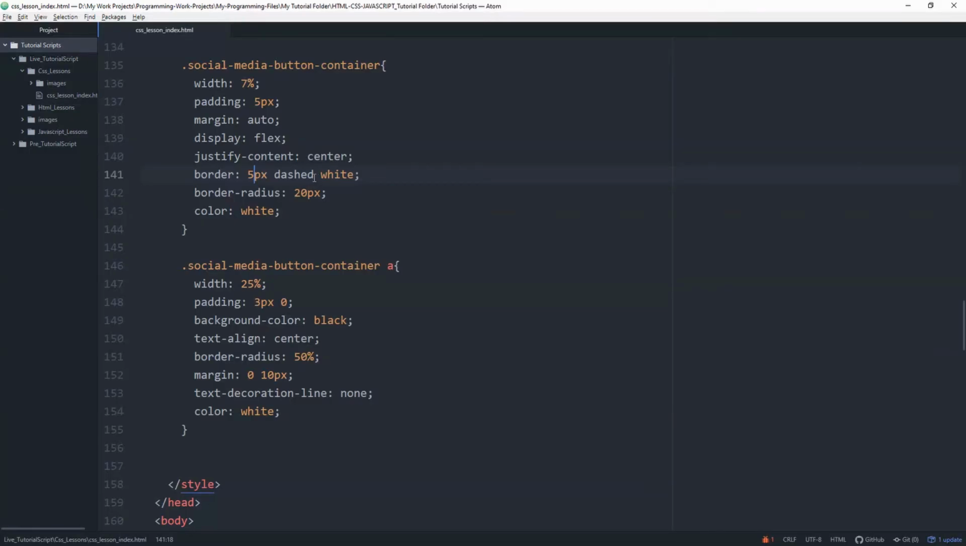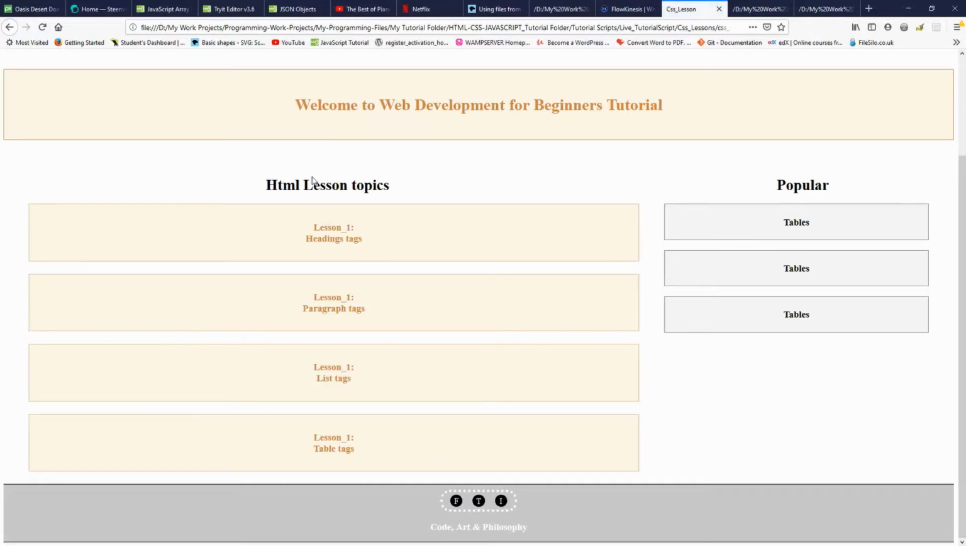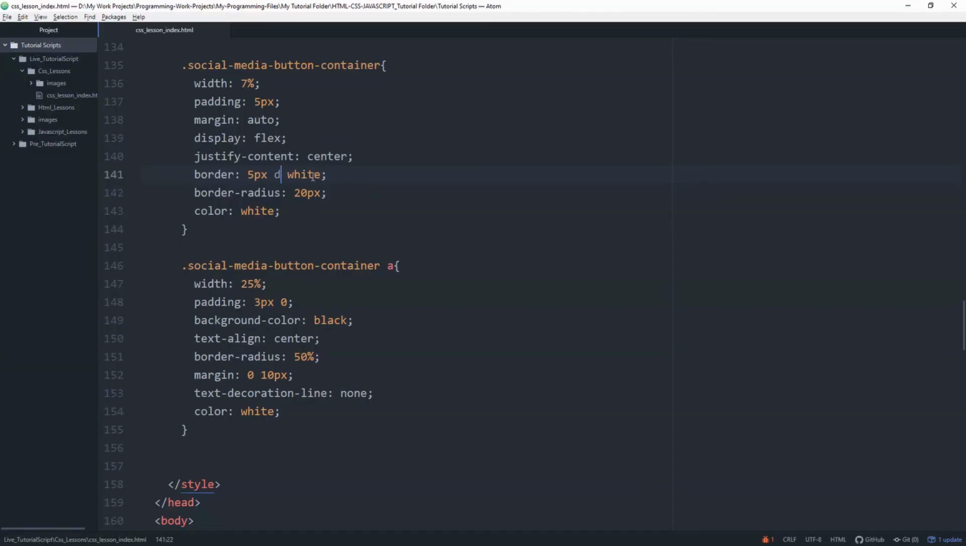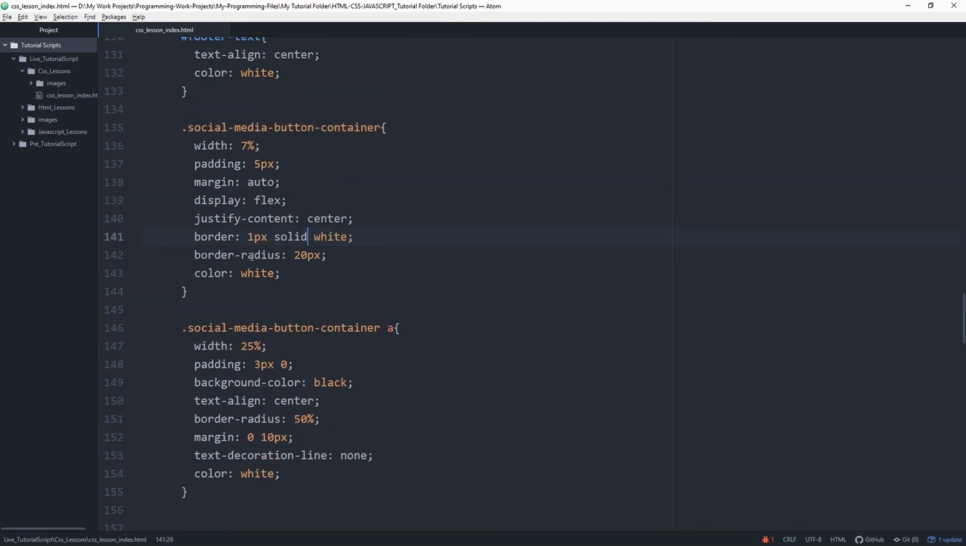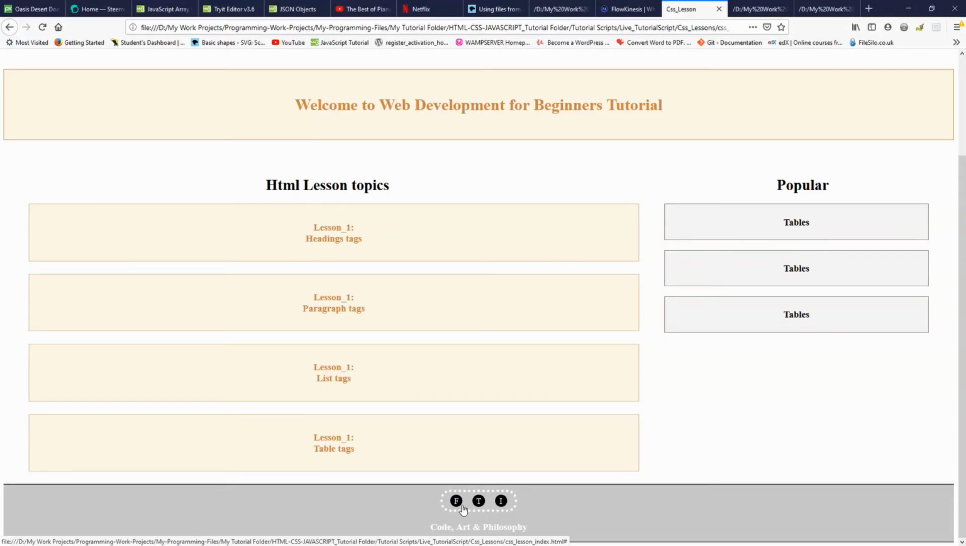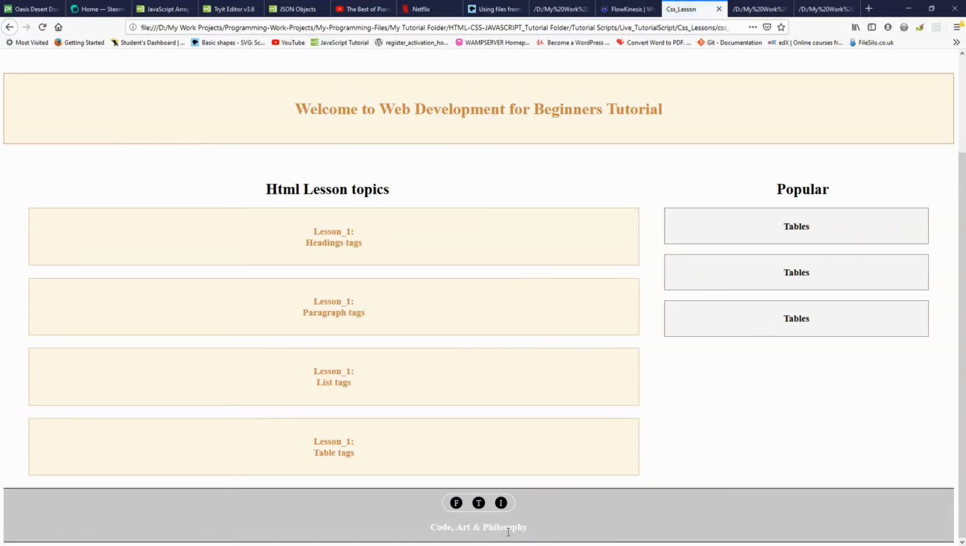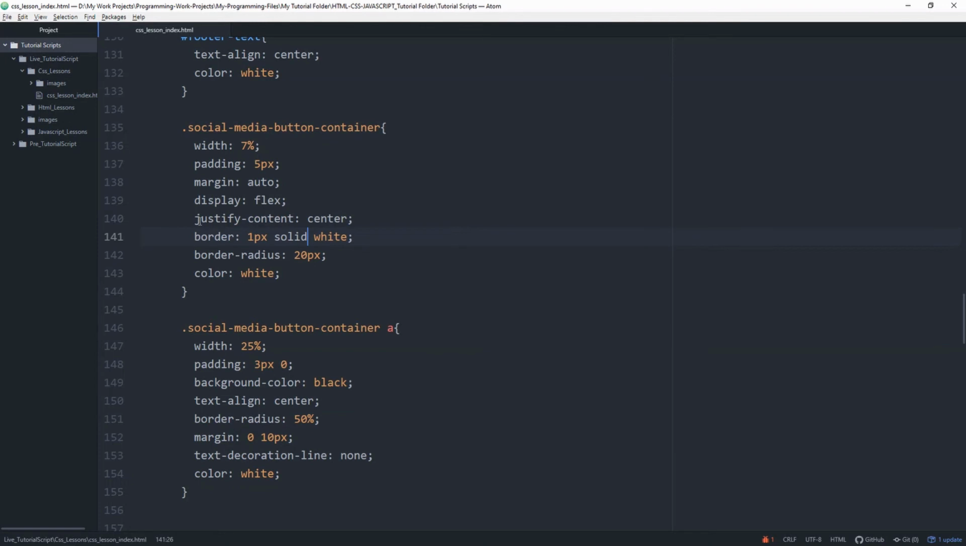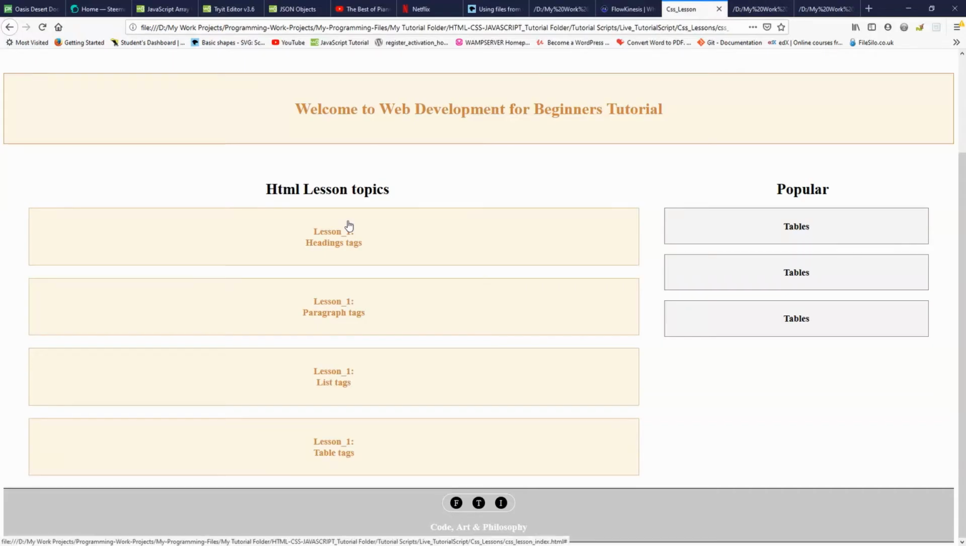Or I could use dotted. Yes, so this will be just dots. It'll be a dotted line. So yeah, that's what borders does. And yes, justify content allows me to basically center this. Otherwise, if I did not do that, then it would look something like,